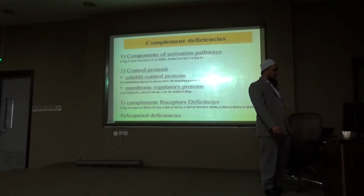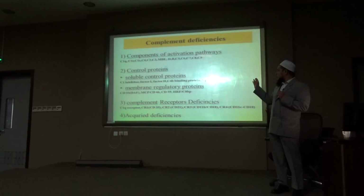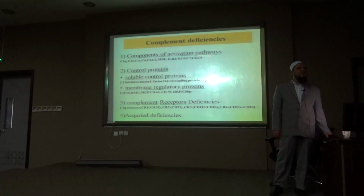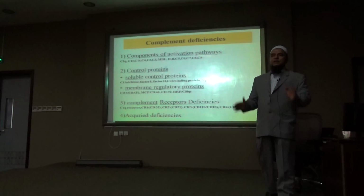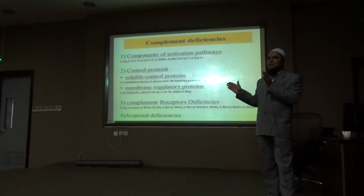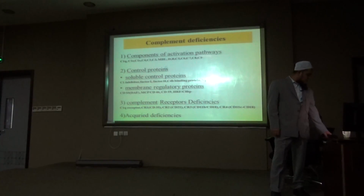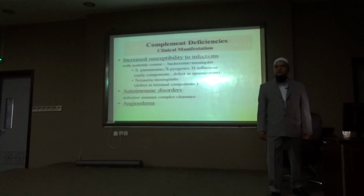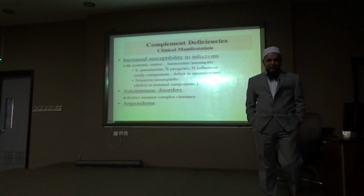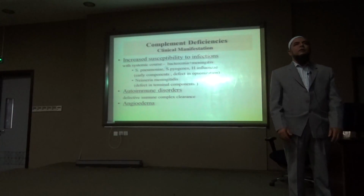We discussed this earlier in detail. Receptor problems: we know that there are receptors, C1 receptor, CR2 receptor, CR3 receptors. Then acquired deficiencies. So deficiencies can occur in the components, in the protein system, in the receptors, or there may be some acquired problem. Now we will go through them one by one and quickly give you an idea. If there is a problem of some complement deficiency, how would you judge that there is a complement deficiency problem or an immune